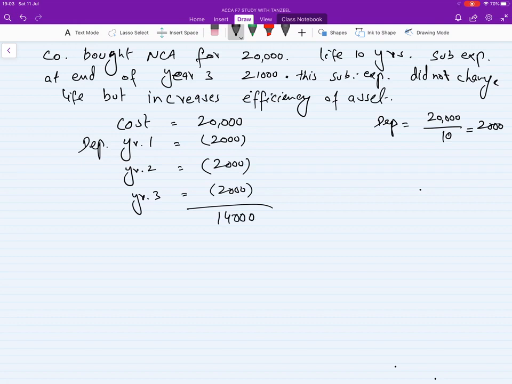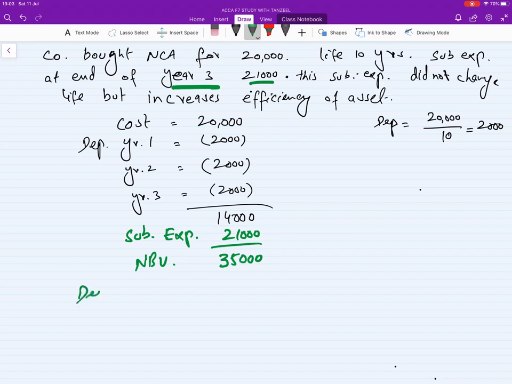Okay, now as per the question, it says at end of year 3 you have subsequent expense for 21,000. Now total cost, the NBV is 35,000. For this depreciation, you need to calculate depreciation for this. So depreciation you can calculate in, let me use this color,